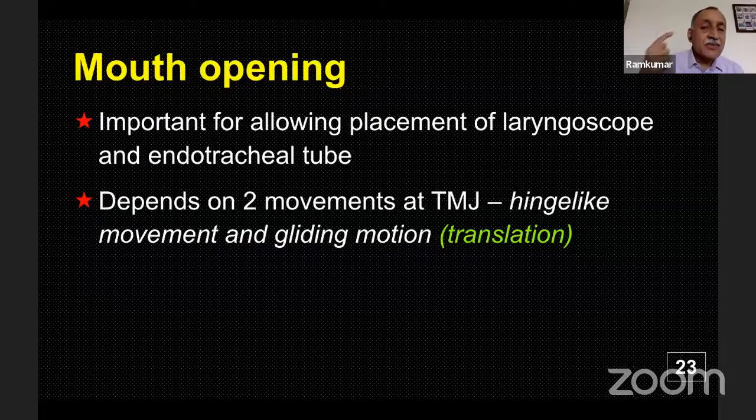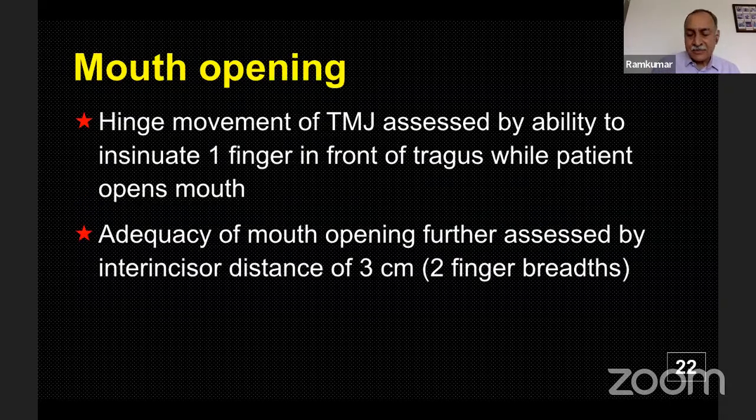And we always teach that we place one finger in front of the tragus and open the mouth. So this hinge-like movement, by opening the mouth, you feel your finger dipping into the joint of the temporomandibular space. And that is assessing the hinge-like movement of the temporomandibular joint. And the gliding motion is assessed in a slightly different way. So the hinge movement is assessed by the ability to insinuate one finger in front of the tragus